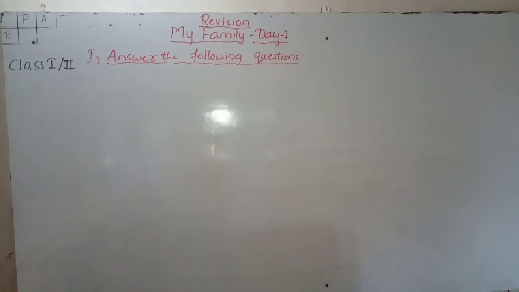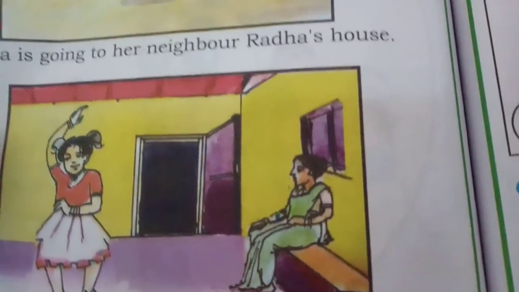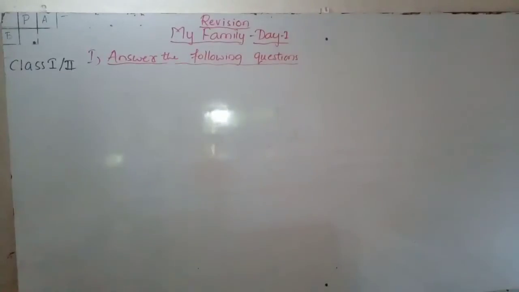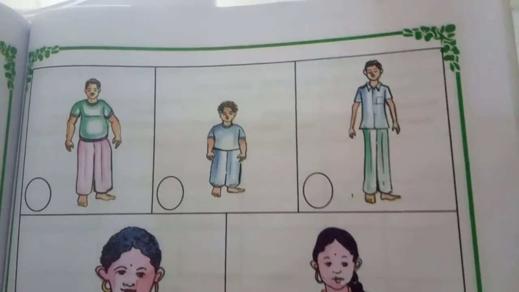So here you can see Vimla, when she is free, she goes to her neighbor's house and there she studies dancing. Understood? You can see Vimla dancing in the next picture. Understood? So Radha is helping her. You can see her. Then here are also some more pictures. So you can see how all are different from each other. Understood?